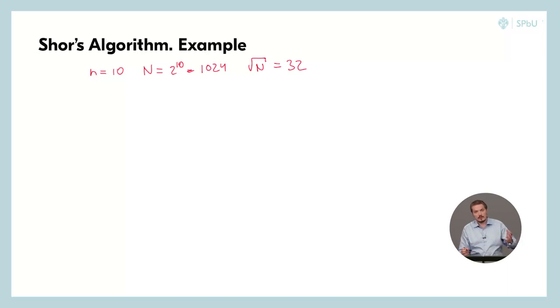And suppose that we run Shor's algorithm and we get y equal to 139. So we have this value, 139 divided by 1024, and we search for some fraction in the proximity of it,